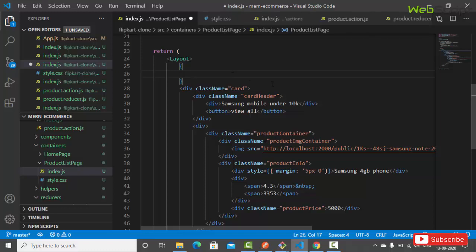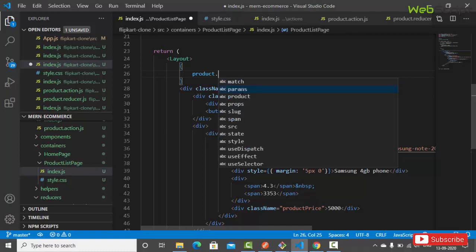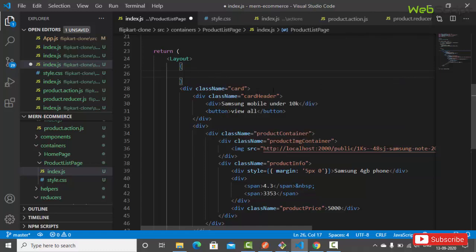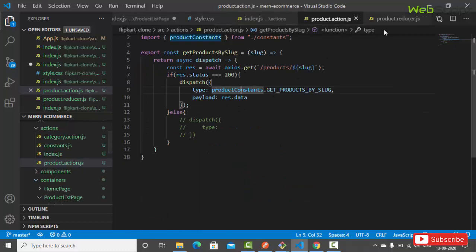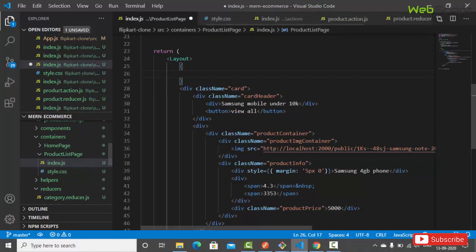So here we are going to loop through the items, right? So here we have product.products. Okay, so you can see if you go to the product reducer, this is an object, right? And we can use the map function for arrays only. So what we can do, we have a shortcut. So instead of using products by price directly, we can use an object